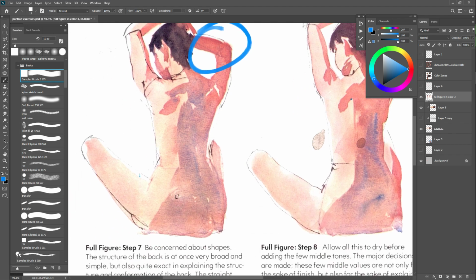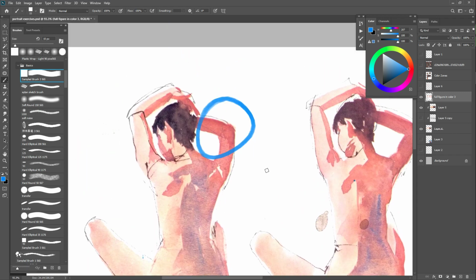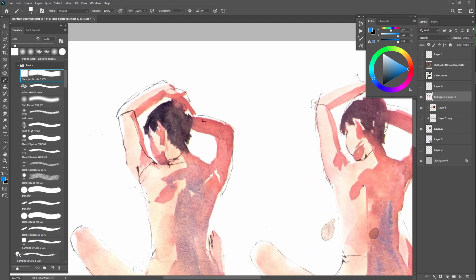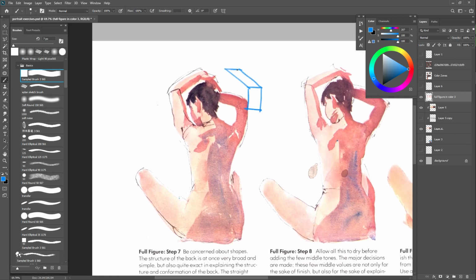Versus if we look down here, it's getting a little more neutral, a little more desaturated. So why is this so dark and so saturated? Part of it is because the arm, if we were to envision this as like a plank, is making this shape. Okay? And the shadow